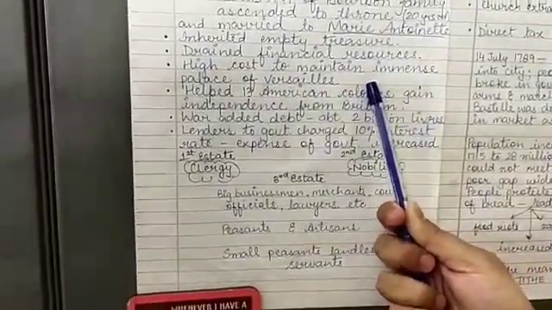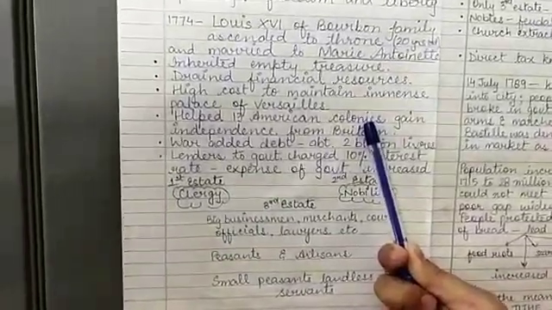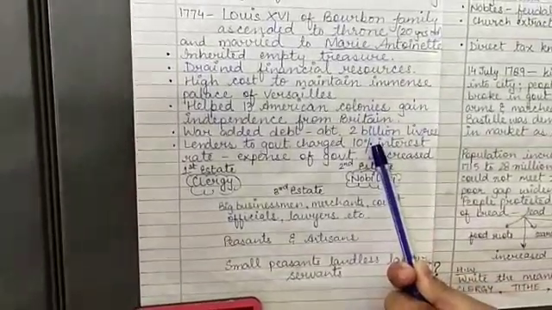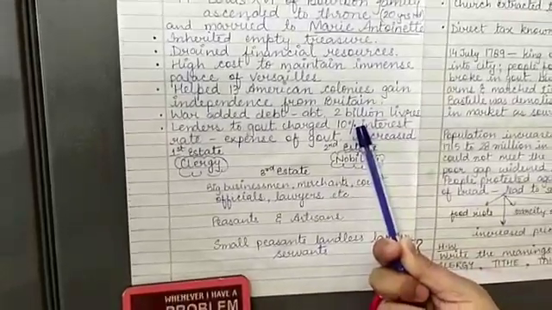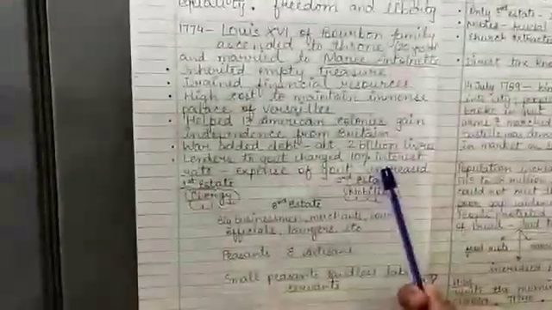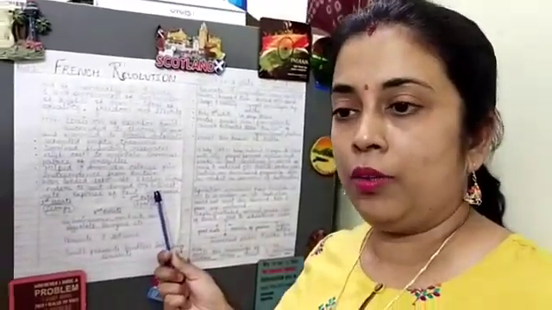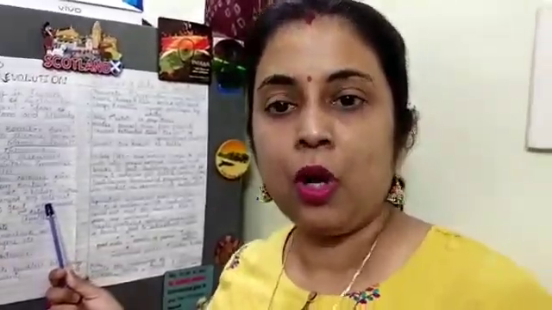Under Louis XVI, France helped 13 American colonies to gain their independence from the common enemy, Britain. This added more than a billion livres to a debt that had already risen to more than 2 billion livres. Lenders who gave the state credit now began to charge 10% interest on loans. So the French government was obliged to spend an increasing percentage of its budget on interest